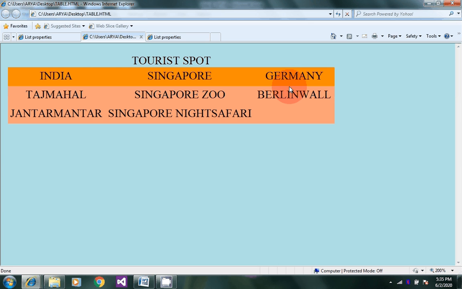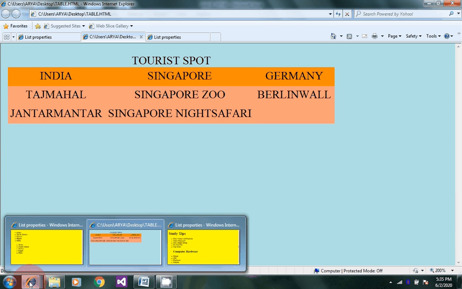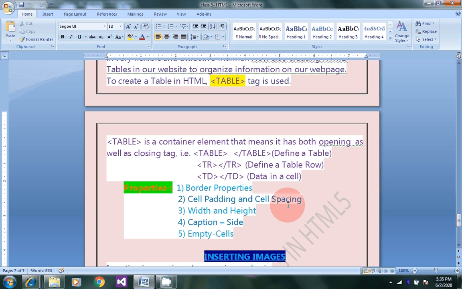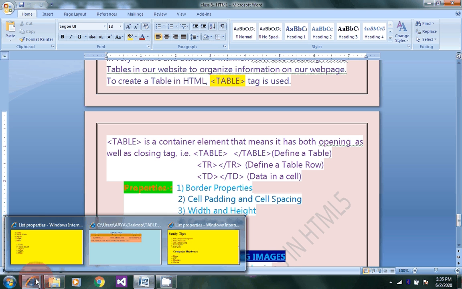Now we are going to discuss the cell padding and the cell spacing. There are two attributes called cell padding and cell spacing, which you will use to adjust white space in your table cells.